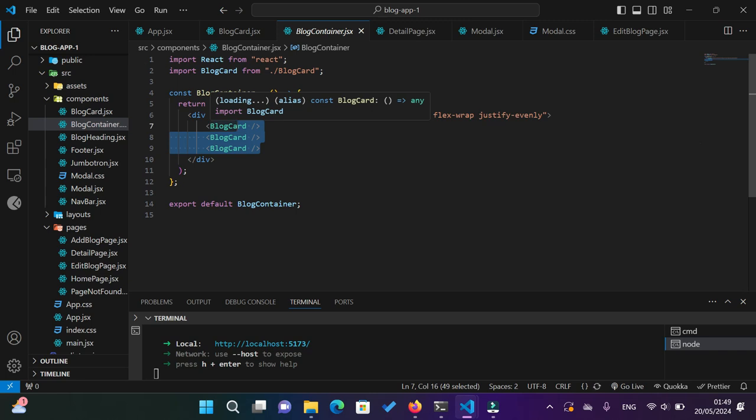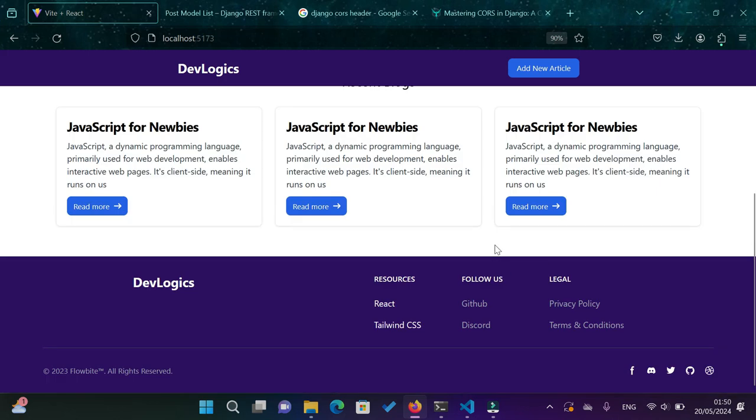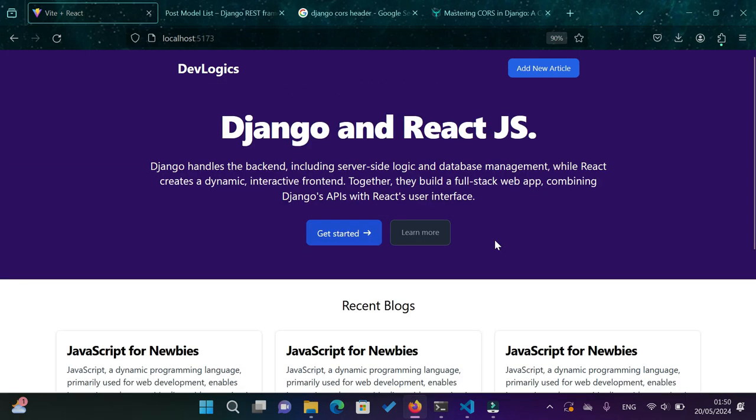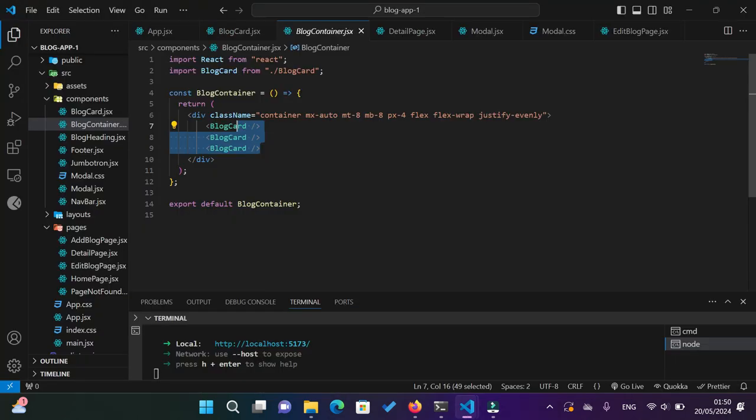In React, whenever a page appears on the screen, we call it rendering. Currently, we have the page being rendered for us. We want to fetch the blogs whenever the page renders, right? To go about that, in React we have a hook called useEffect. The useEffect hook works in such a way that